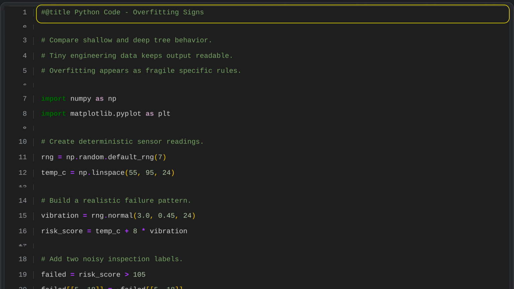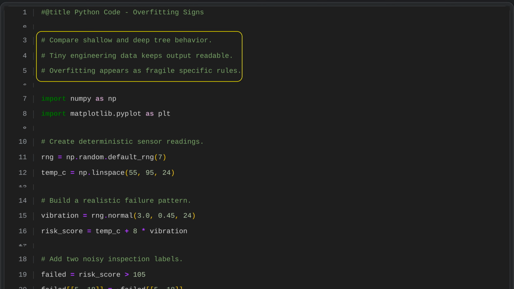Python code overfitting signs. Compare shallow and deep decision trees using a small engineering dataset, so the results stay easy to read. Shallow trees tend to give simpler, more general rules, while deep trees can overfit by creating fragile rules that match